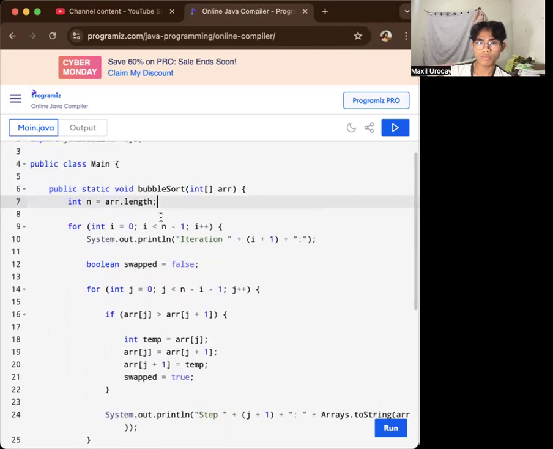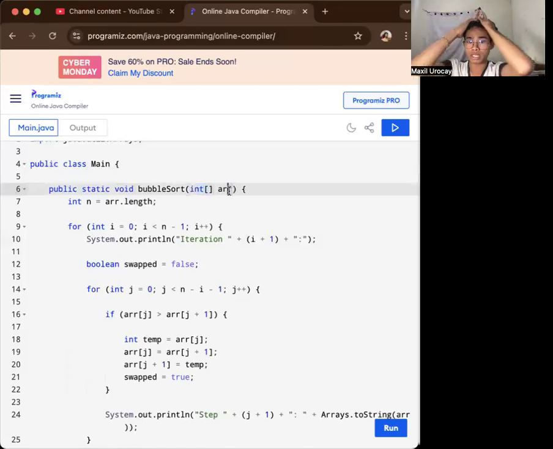Okay, let's move on here then for the public static void bubble sort int array. That method is the bubble sort method, which takes an integer array, this one array, as a parameter and sorts it using the bubble sort algorithm. So we'll begin to see the methods inside that particular class.